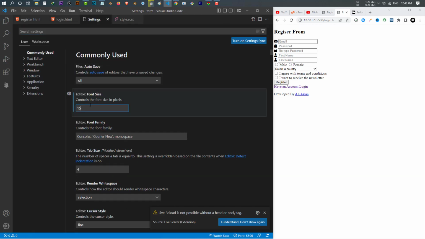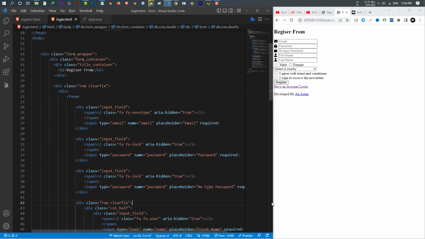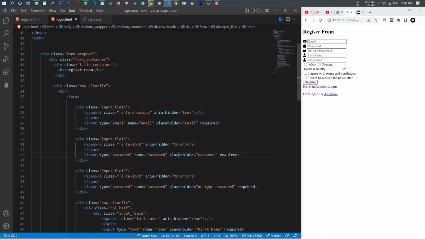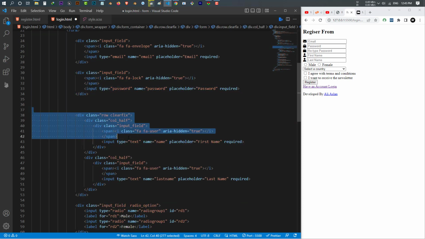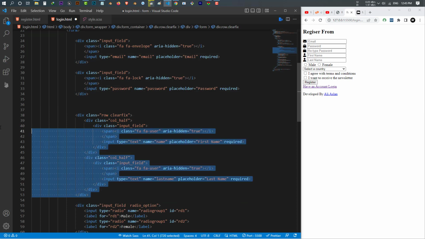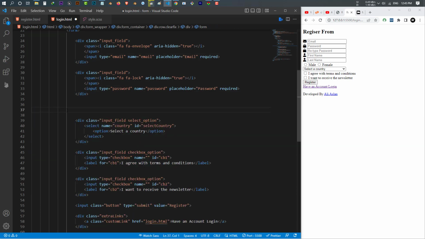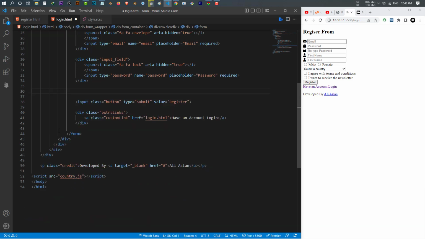Now you can say I don't need everything in here. I just need the email and password. Okay, I need this and this. So I want to remove this retype password. I remove this name and last name. I remove the radio, the list of country, the checkbox. Let's save, and we have just email, password,